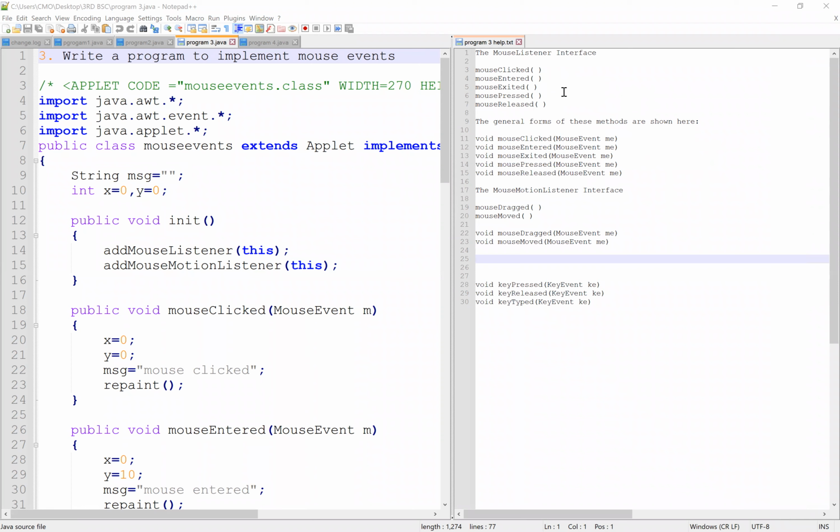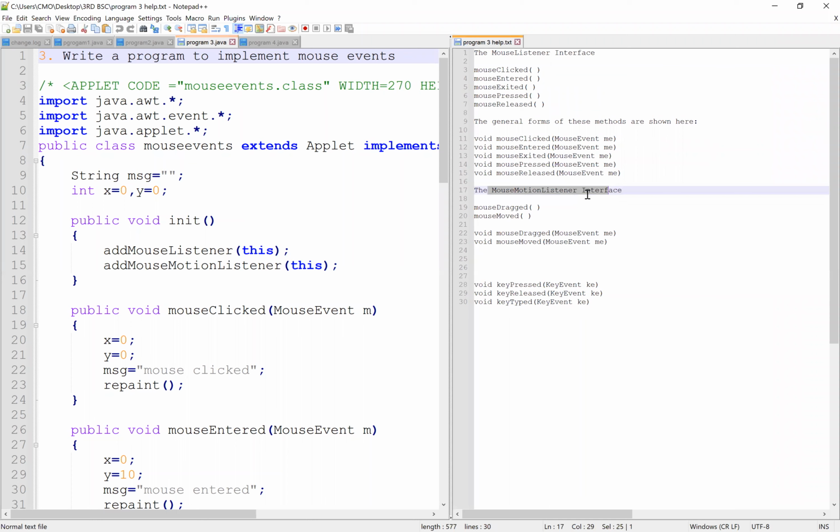If you want to have the drag and move option, you need to include the MouseMotionListener as well. In mouse events we have 7 events, but in MouseListener we have only 5 events. It will be divided into MouseListener and MouseMotionListener.